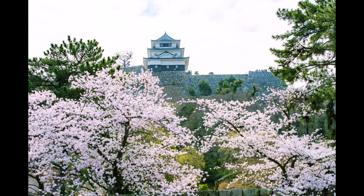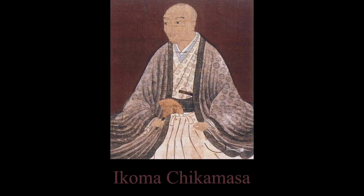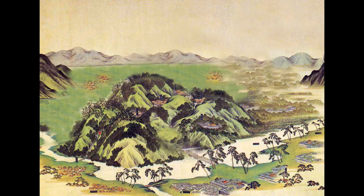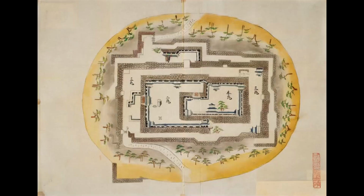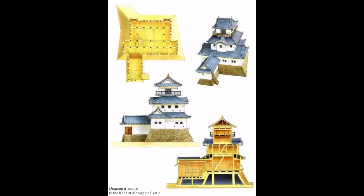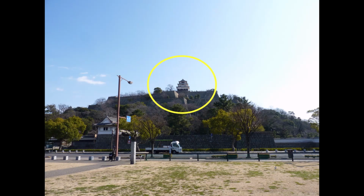of classification. Toyotomi Hideyoshi awarded all of Sanuki Prefecture to Ikoma Shikamasa in 1587. There has always been some sort of fort or military structure on Kameyama Hill since the 14th century, but the foundations and occupation of the site for what we see today began in 1587. To help solidify his hold over Sanuki, Ikoma Shikamasa began construction of Marugame Castle in 1597 and was completed in 1602. Marugame Castle is one of only a dozen Japanese castles to still have its original wooden keep, or tenshu,